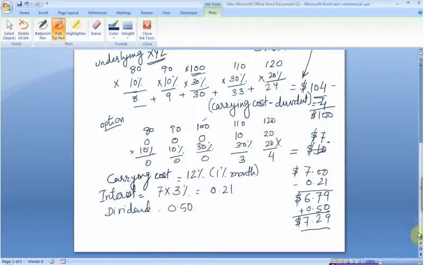Now there is a problem with this approach, because here we have taken only 5 possible outcomes, and we know that there can be several possibilities out there, and to correctly calculate all the possible probabilities and all the possible outcomes, and to arrive at a correct option price, we would need to know all the possible outcomes